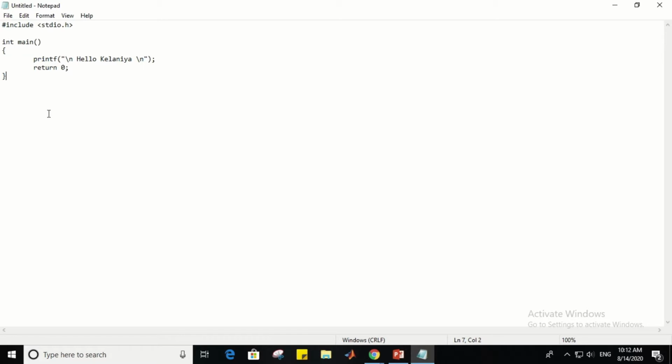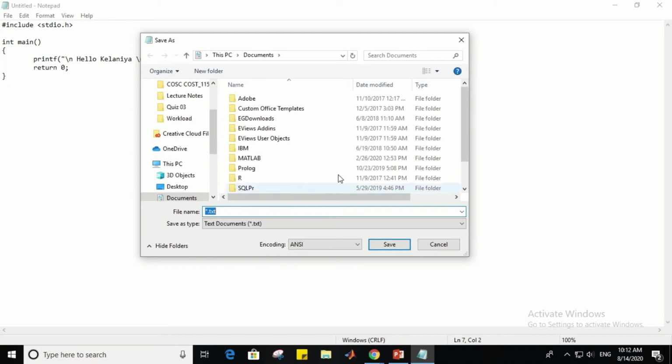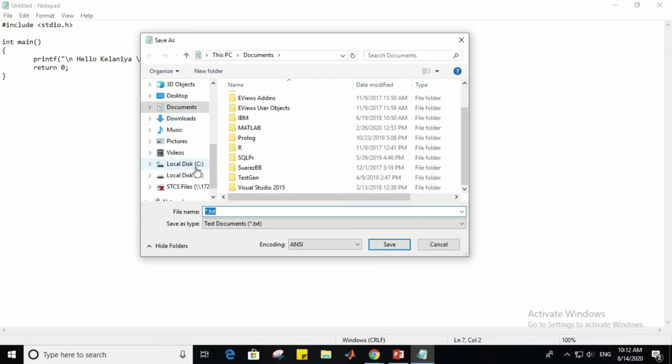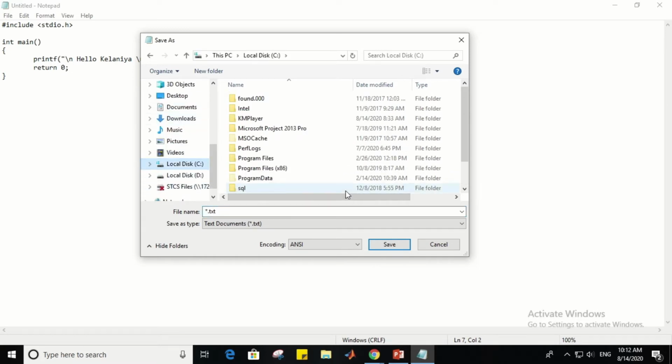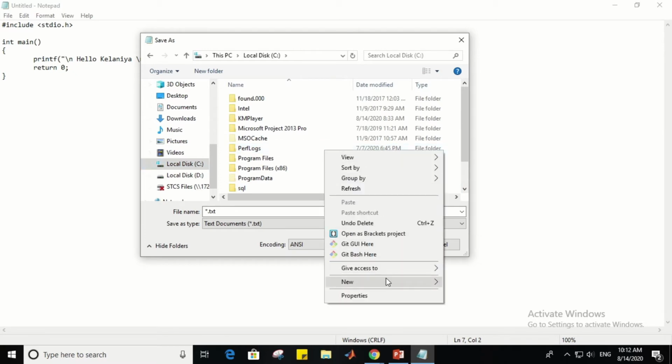Once you complete typing, go to the file menu, click on save as, and it will bring you the dialog box to save your file. First you need to select the location. I'm going to save it into my C folder in C drive, and I'm going to create a new folder,